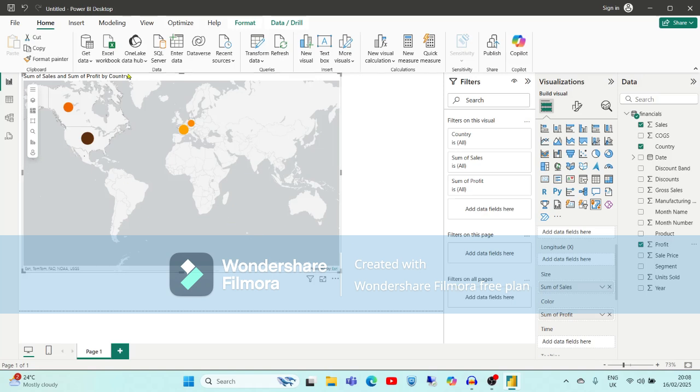Okay, now if you observe within this map, you are able to see some circles or visualizations. It is nothing but the data set showing the different countries. Now see here, a small dot is there, it is showing Mexico. This circle is showing United States of America, again Canada, France and Germany. Whatever names of countries are included in the data set, only those countries it is showing here.